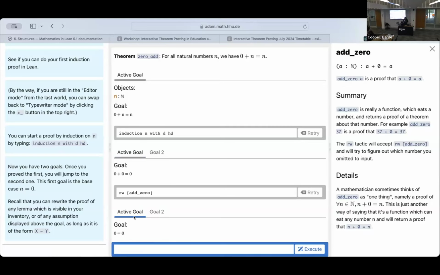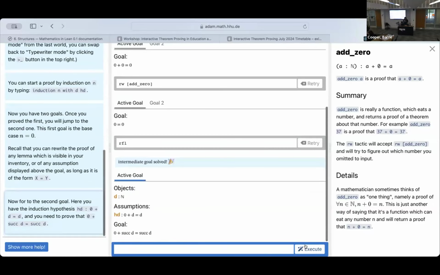Now, there's a slight difference between the natural number game and how Lean usually works. Usually the rewrite tactic will also apply reflexivity, but the natural number game has redefined the rewrite tactic so that it doesn't automatically complete things like this. So we have to manually type in reflexivity to prove 0 equals 0. Okay, so now you can see that the base case has been completed